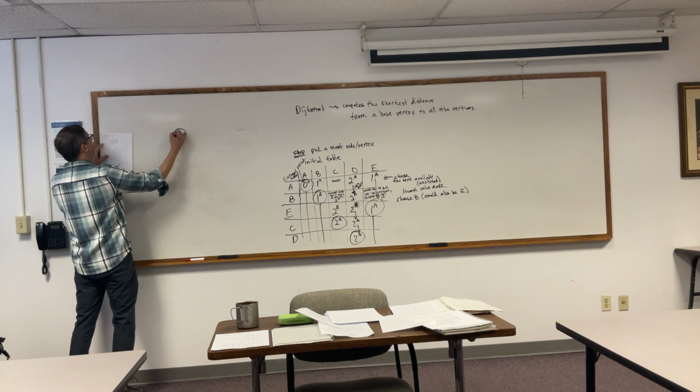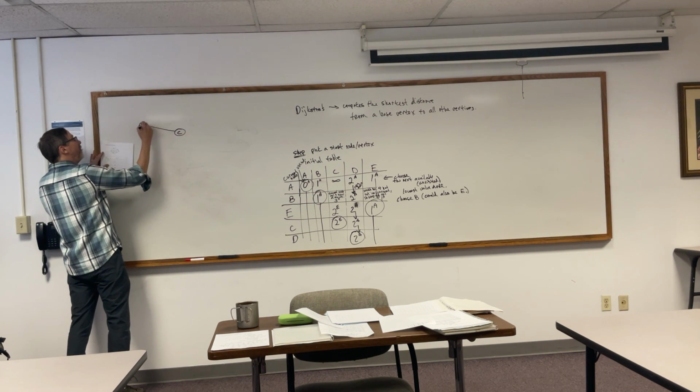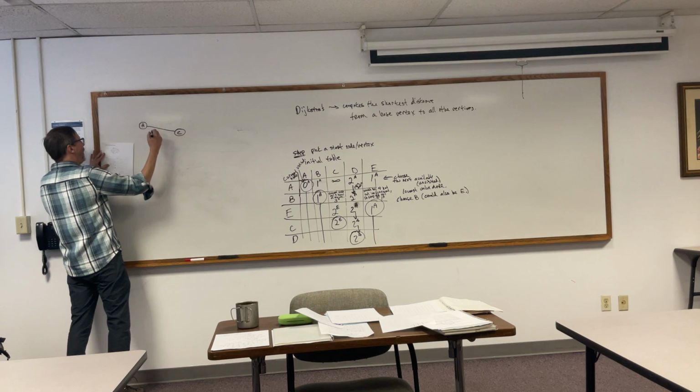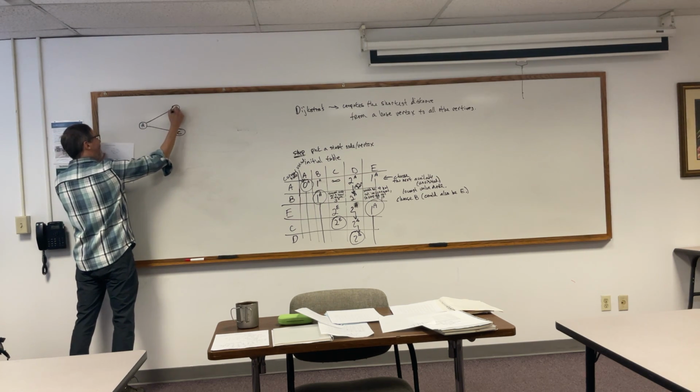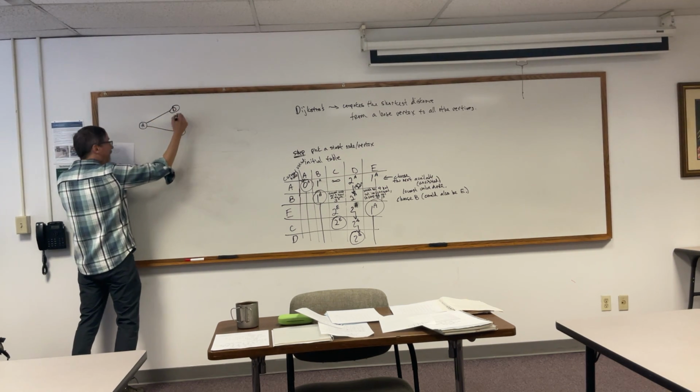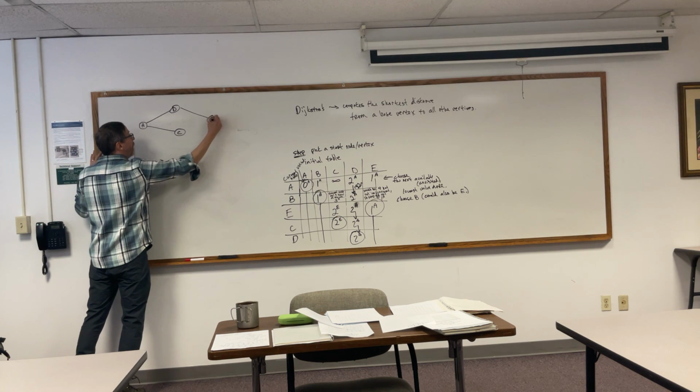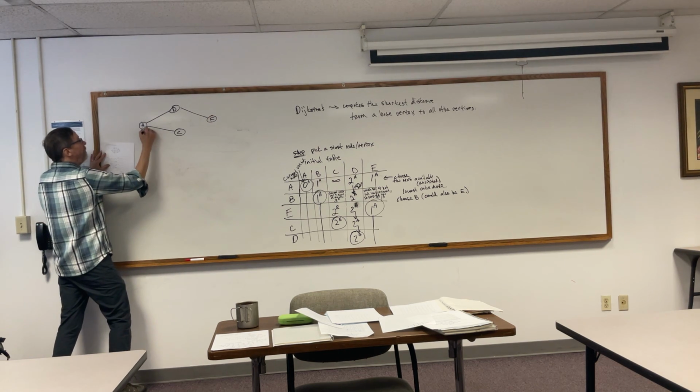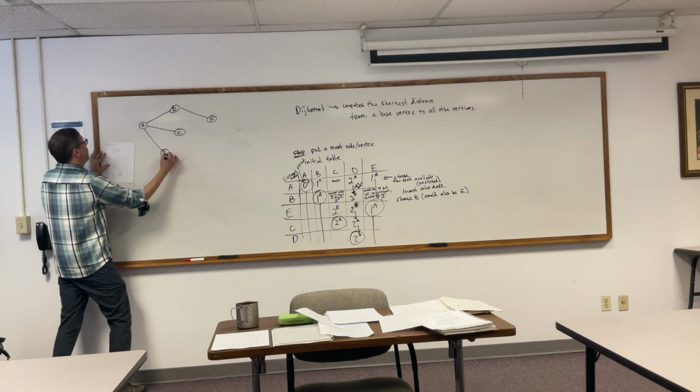So we've got node C. These are chunky nodes. They've got some heft to them. D, and then we've got an F over here, and then we've got a B down here, and then an